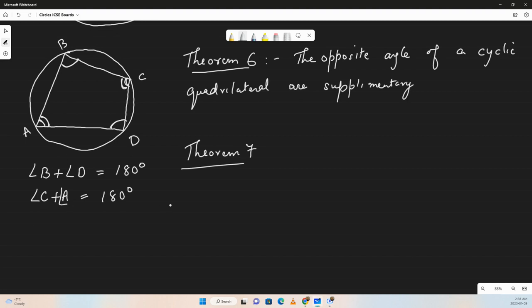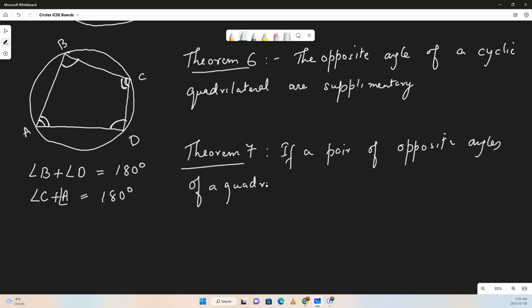Theorem 7 says that if a pair of opposite angles of a quadrilateral are supplementary, meaning if they add to 180 degrees,